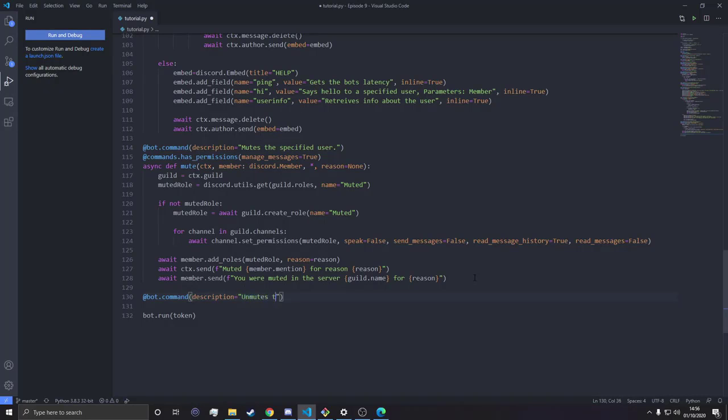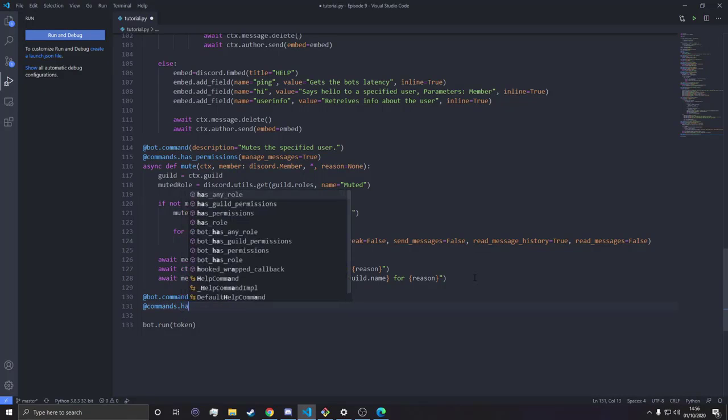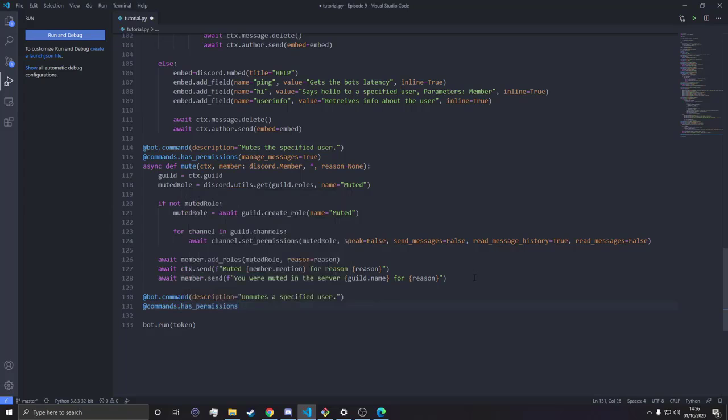Unmute a specified user. We're also going to make sure they have the manage messages permission again. Start has_permissions manage_messages equals true,